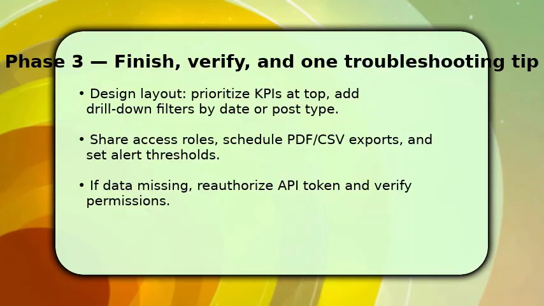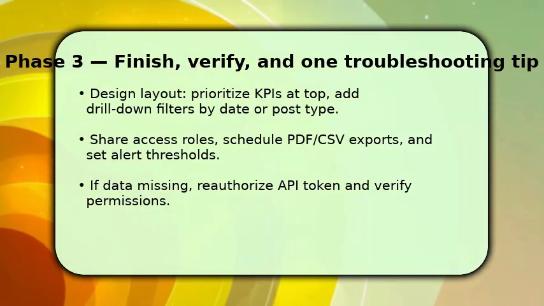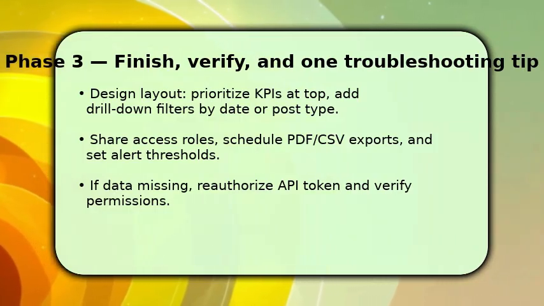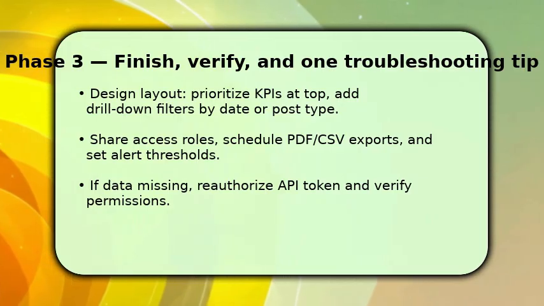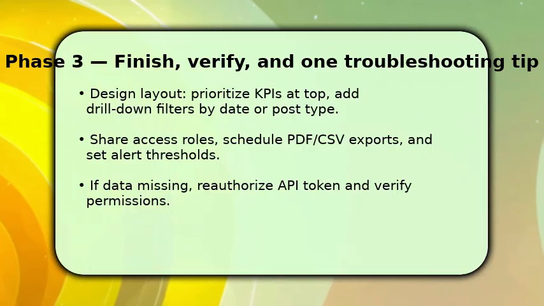Finish by arranging the layout. Place primary KPIs at the top, add drill-down filters for date range and post type, and include context notes for each metric. Share viewer and editor access, schedule automated exports as PDF or CSV, and set alert thresholds for sudden